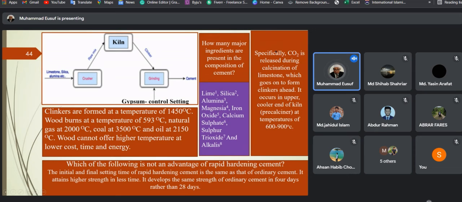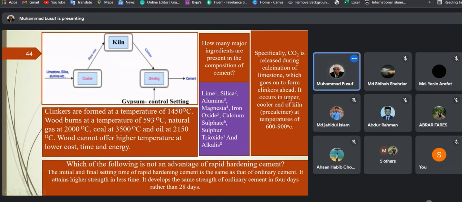Okay. Specifically, carbon dioxide is released during calcination of limestone, which goes on to form clinker. Clinker meaning হলো যে একটা তোমার কম্পাউন্ড, এই সবগুলা মিলে কম্পোজিশন মিলে একটা কম্পাউন্ড তৈরি হয়, তার নাম হলো ক্লিঙ্কার। Hope you understand. Clinker is a compound of all composite materials, all mixed together, grinding and burning, then we